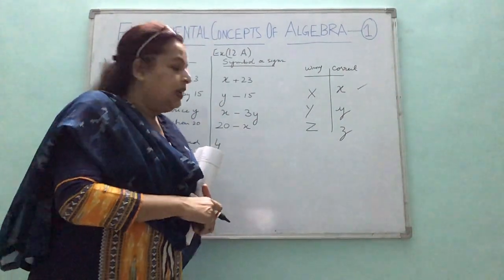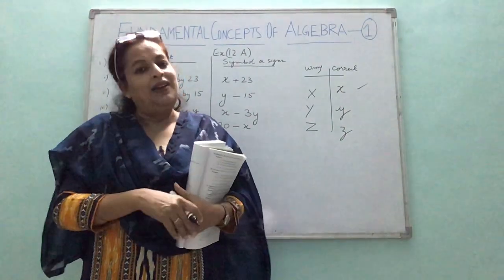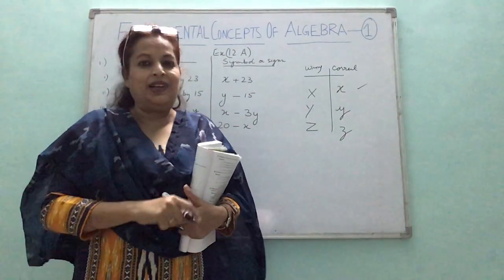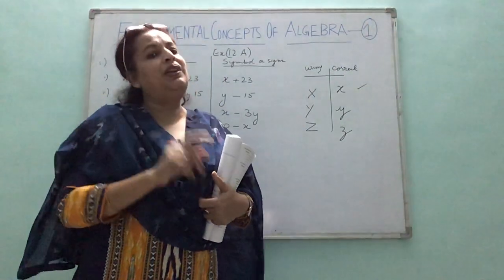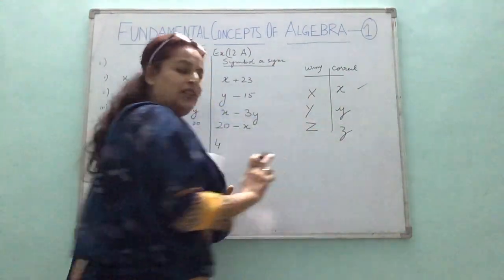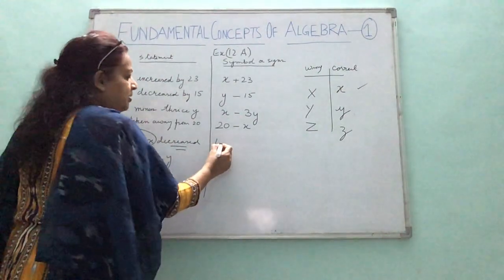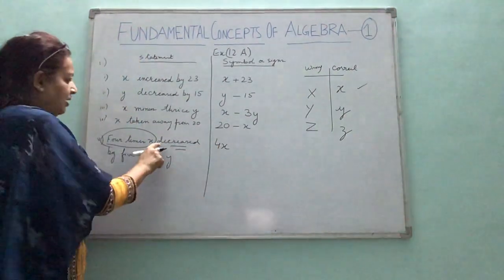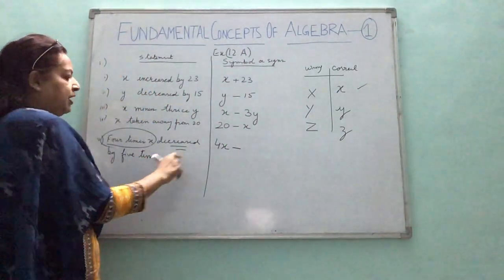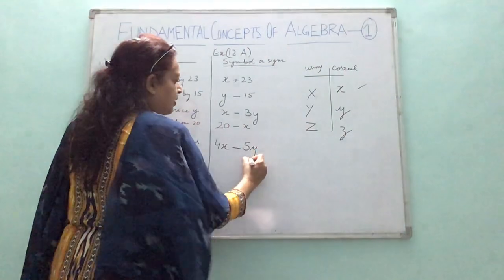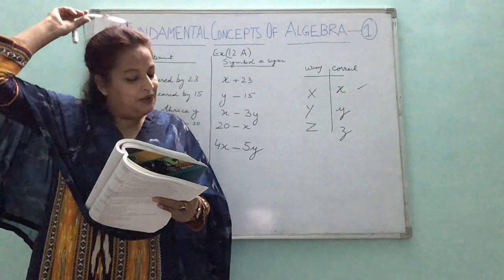Otherwise, sometimes if you write like this, it can be mistaken as 2, in your hurry when you write. So never write it like that. This can be mistaken as a multiplication symbol. So we follow a format, writing cursive form always. So 4 times x, decreased by, that means remove, subtract, 5 times y, 5y. Right, children? So this is how you write in word and symbol form.